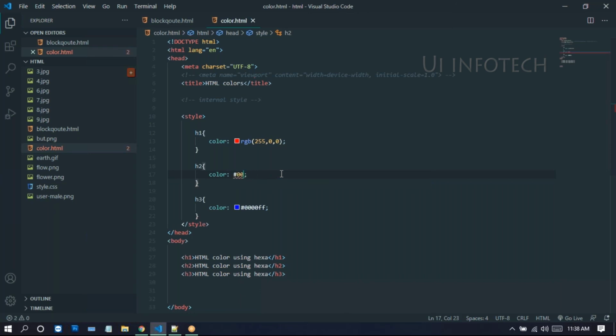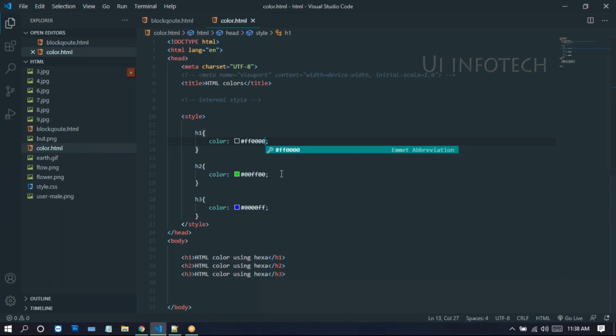0000FF stands for blue color. Here we just change this name, and give the hash. Here 00FF00 stands for green.